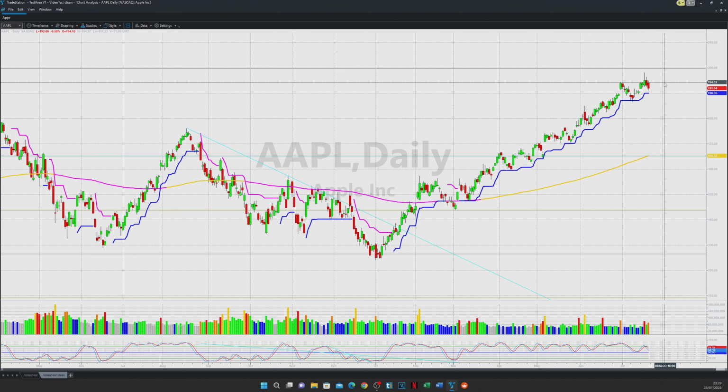So there is a sign for both ways. In the longer term, there is a need for a big correction. In the short term, there is probably a final push with some stock. Tesla moving to the downside, Apple trying to make a push to the upside. Everybody taking their money and putting it on Apple. And it could be very interesting for the Qs, Nasdaq, and also for the SPY.